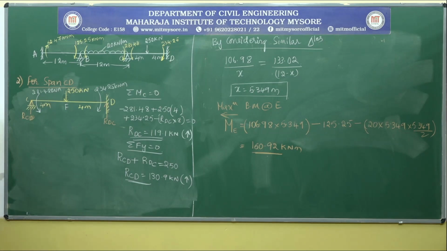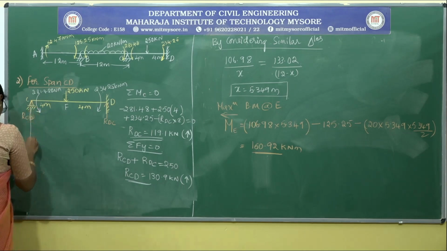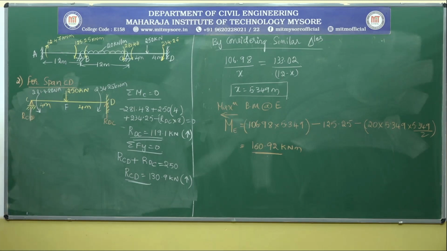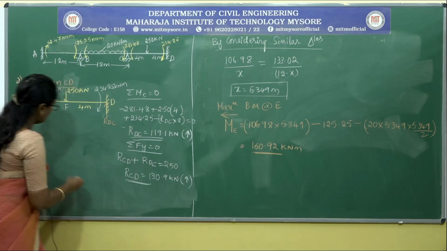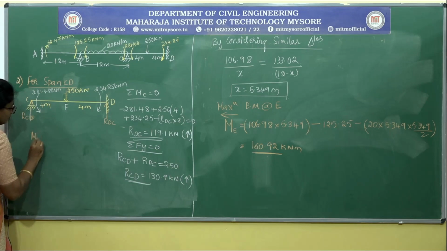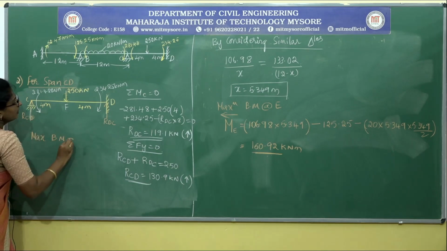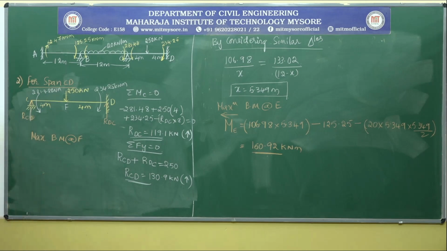So now by using this, we need to calculate the maximum bending moment. So, the maximum bending moment at F. So the maximum bending moment at F is equal to, so I will consider the left side of the portion wherein we have